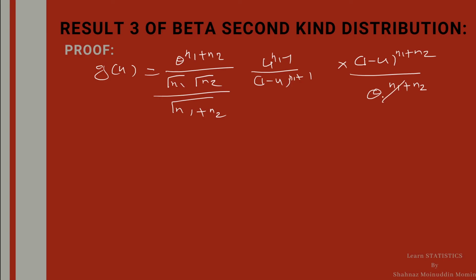This theta raised to n1 plus n2 and this theta raised to n1 plus n2 get cancelled, which is equal to, and this term is nothing but beta n1 n2, 1 upon beta n1 n2